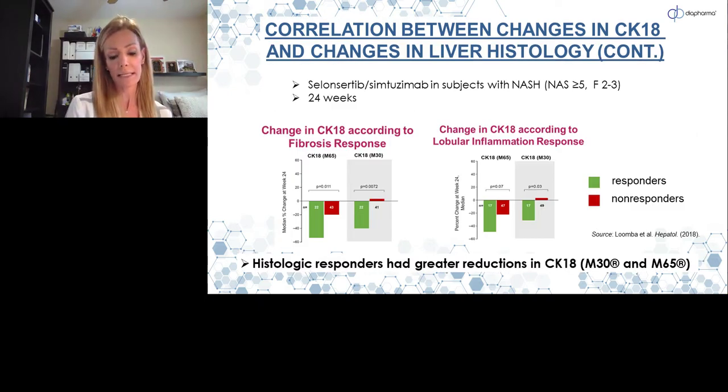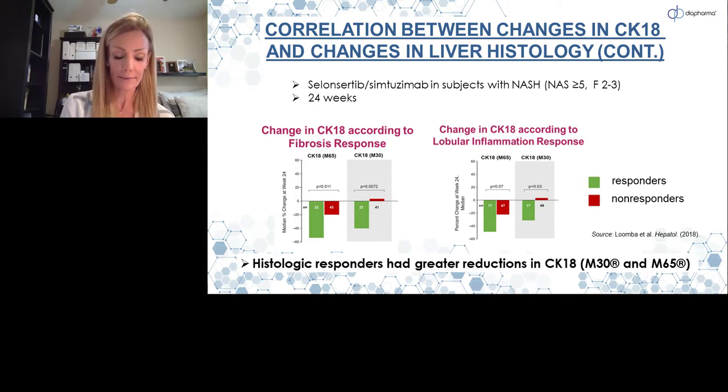Here now are some more recent data from a phase 2 trial that was conducted by Gilead to evaluate the safety and efficacy of selonsertib, a selective inhibitor of ASK1, either alone or in combination with simtuzumab in patients with NASH. Unfortunately, as you may already be aware, last year the phase 3 trials for selonsertib, namely STELLAR 3 and STELLAR 4, were discontinued due to a lack of drug efficacy. However, selonsertib is also included in Gilead's ATLAS trial, which has looked at dual combinations of selonsertib with cilofexor and firsocostat, and I think Gilead is still in the process of evaluating how to proceed with that program.